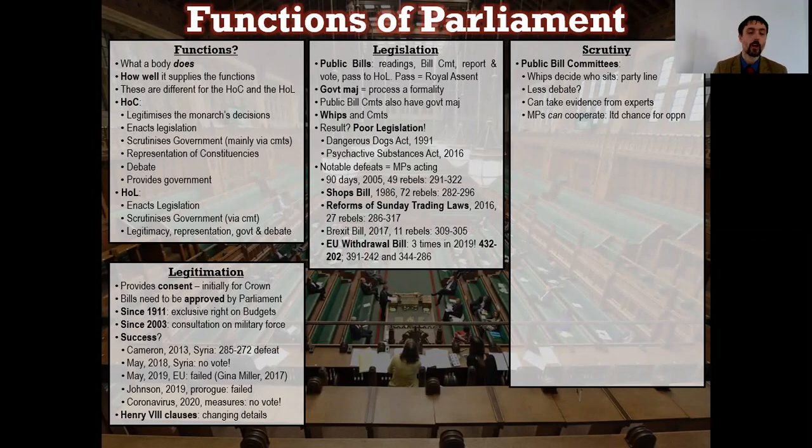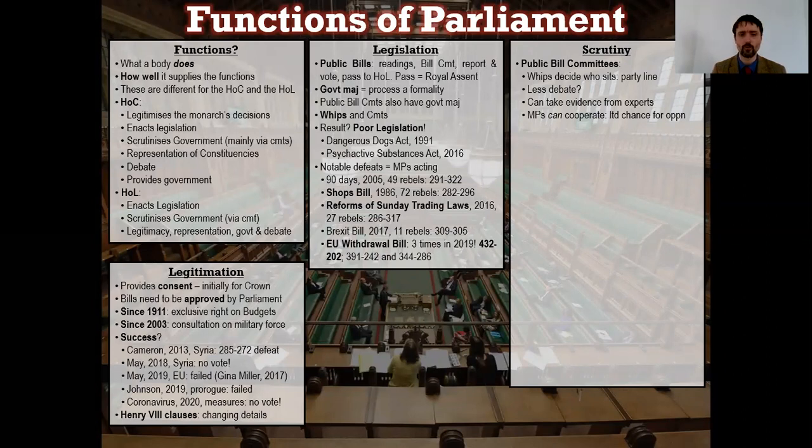My apologies. The EU Withdrawal Bill itself was defeated 3 times in 2019, one of which was the largest defeat ever. I've put that one in bold, 432 to 202. It is the largest margin of defeat the government has ever suffered in the history of ever, which is astonishing. It was followed by another vote